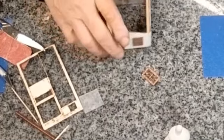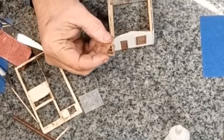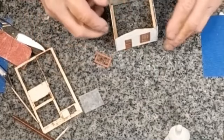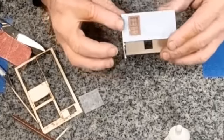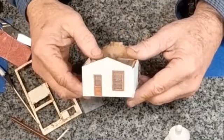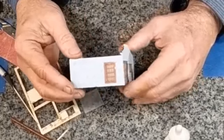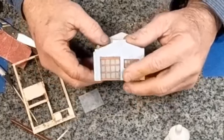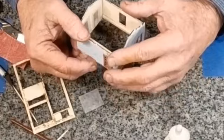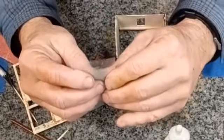Well, I've given ample time for the window frames to dry. That's these little dudes right here. And what I've gone ahead and done, so I don't bore everyone to tears, is install most of them onto the model. You can see here and here, and I have also added the clear plastic. But the thing about that is it comes as a pretty clear